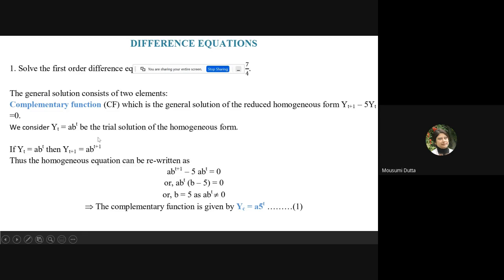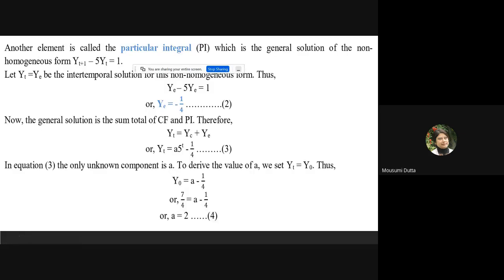So what we do is put yt equal to yt plus 1 equal to ye, and from the given equation we try to find this ye, the equilibrium value. In this case, minus 1 by 4 is the equilibrium value. So once we have the trial solution A 5 to the power t and the equilibrium value minus 1 by 4 in our hand, we put these values together and get the required time path of